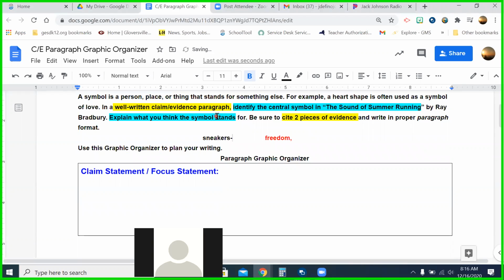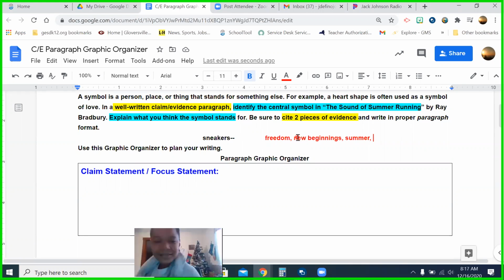What's another one that they could stand for? Freedom, what else? Bella? Newbie, yeah, you could, I haven't heard that one, but yes, I think that's certainly one you can prove. Summer. What else? What does he think he could do with these shoes? Not just run around. He thinks he could jump as high as the clouds. He thinks he could jump over houses and rivers and things. So maybe a little bit, I think the word in the story was magic, right? Okay, now,